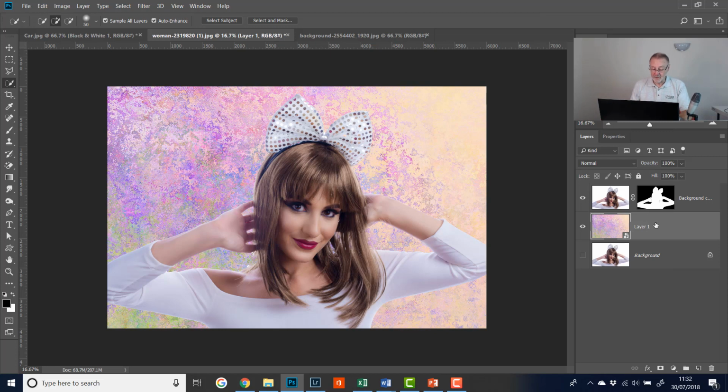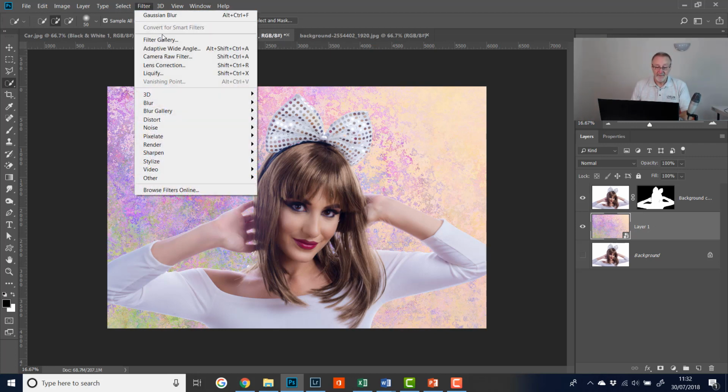And that converts it to a smart object now, so when I run any filters on it, which I'm going to run the blur filter, it won't actually blur the image, it'll be attached to the outside, so I can go back and re-edit it. I'll show you what I mean. So now when I go to my filter menu and say I'm going to go to blur and then Gaussian blur,